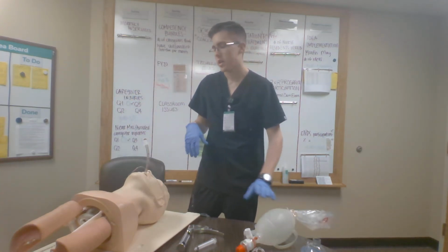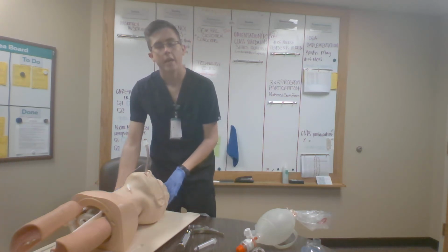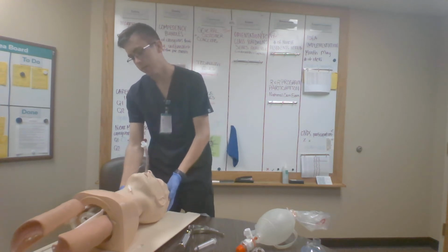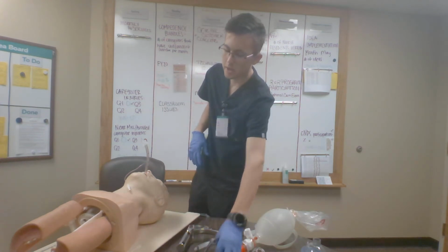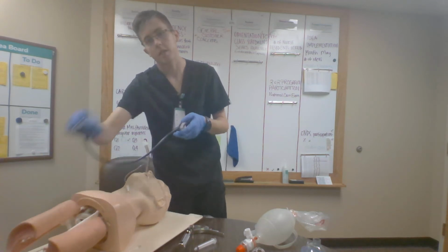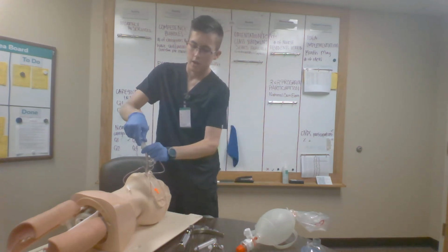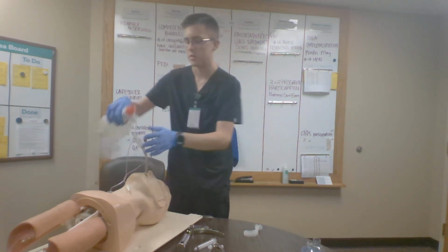getting adequate ventilations. And then I don't know if I mentioned this earlier, but I would want to go ahead and also put my patient in the proper position of a sniffing position, trying to make sure that I can keep their trachea as straight as possible. So I would make sure that I have confirmation. I would continue to ventilate my patient, and then I could also come over and auscultate over both the lungs as well as the epigastrium for proper placement as well as ventilation, and I can adjust the tube according to what I am discovering. I can also put on a capnometry, plug that into my monitor,